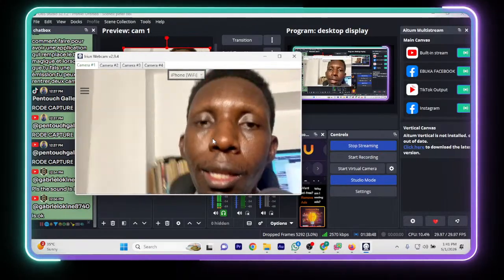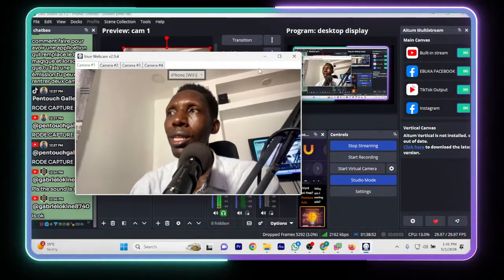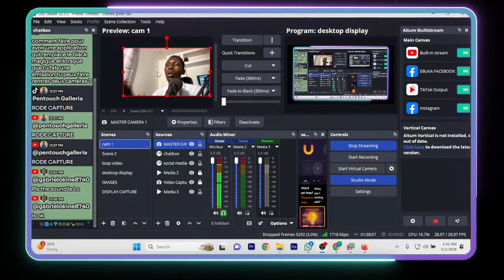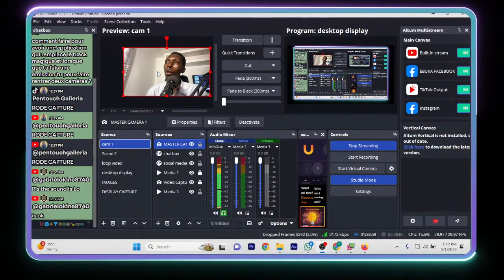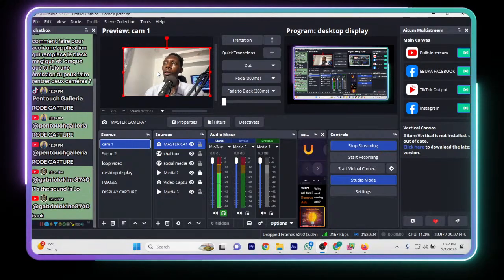You see that? So you just turn it, and then you see that automatically. So just the way you have it here, you can see it here. Like this now, I've been able to bring in my phone. So what you now do, if you want to bring in the second camera of the same Iron, so you